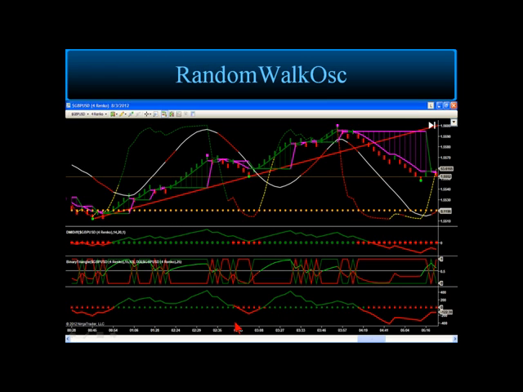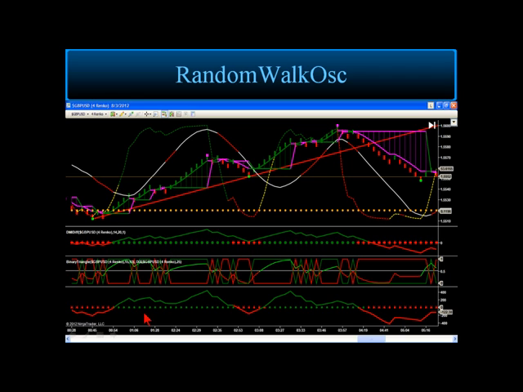Now this is another indicator in the package, and it's called the random walk oscillator. Now Linda Raschke likes the random walk index. I think the random walk index is kind of hard to read in the midst of trading, so I wrote the random walk oscillator and kind of did with the random walk oscillator what I did to the DI plus, DI minus, ADX with the DMI